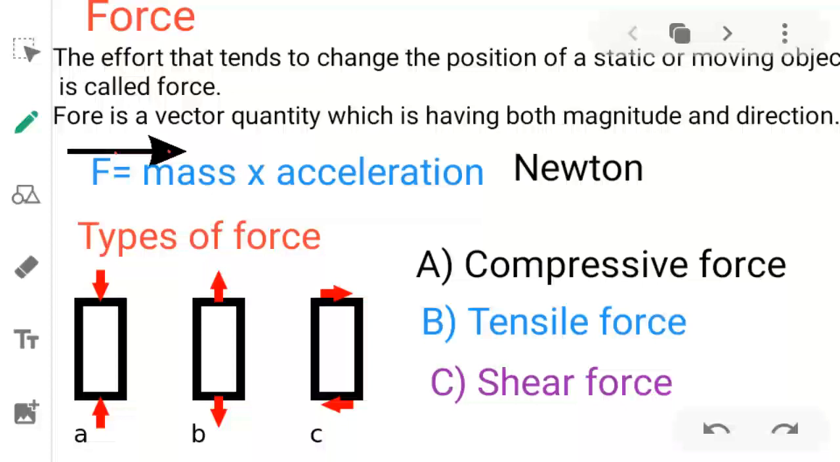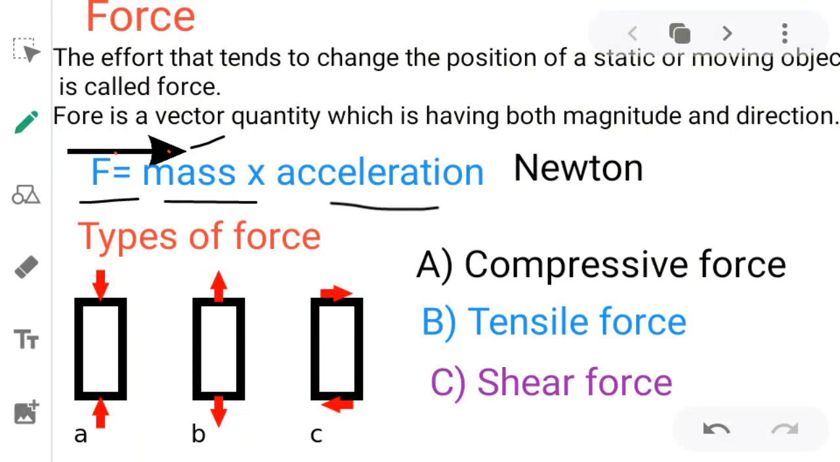Force is a vector quantity. The quantity which has both magnitude and direction is called a vector quantity. Force is a vector quantity which has both magnitude and direction. The direction of the force is indicated by the arrow, and its magnitude is given by the formula F is equal